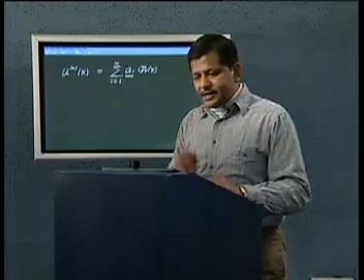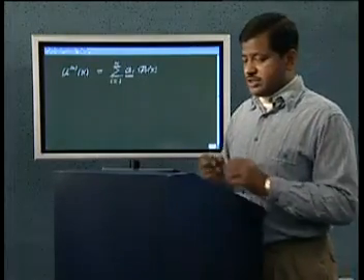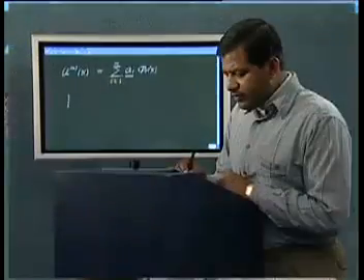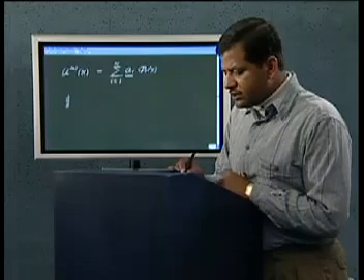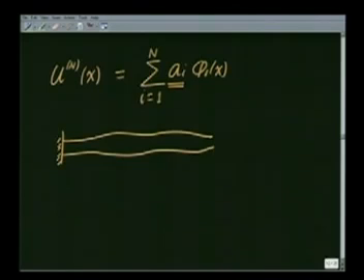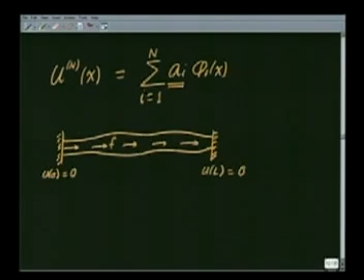Now there can be interesting offshoots to this problem. This is not the only model problem that we may be interested in. Let's say that I want to solve this problem. That is, there is this bar subjected to a constraint u at 0 is equal to 0 and a constraint u at L is also equal to 0. This could be a problem of interest.